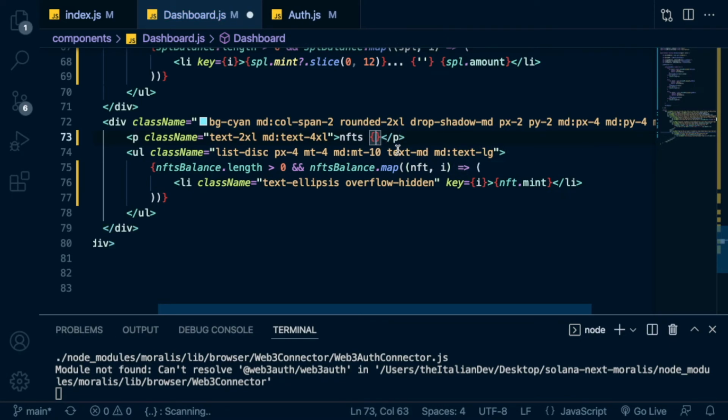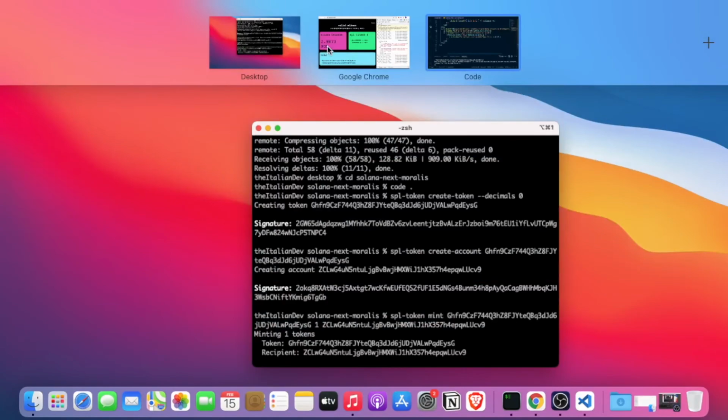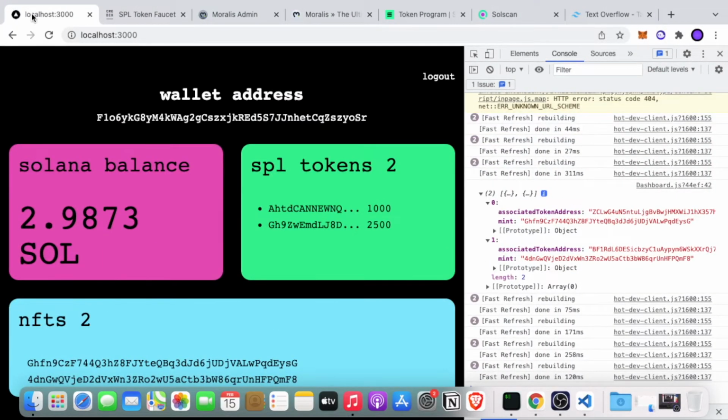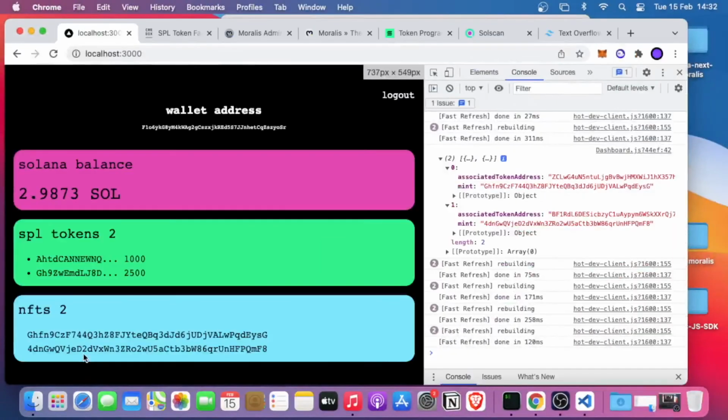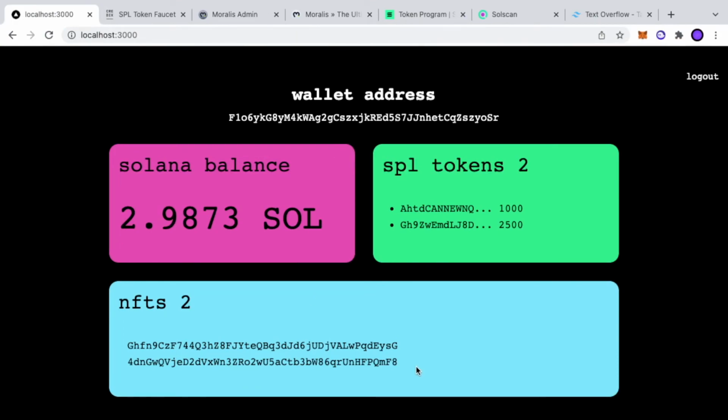Near to NFTs label, we can say NFTs balance dot length. Save, and look what happens. Now we have these two. Cool. So our Solana dashboard is mostly done, and the last thing we can do to finish this tutorial is